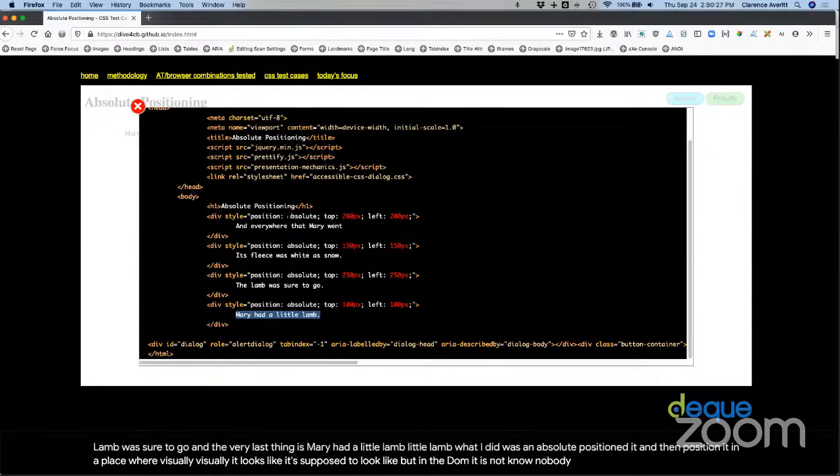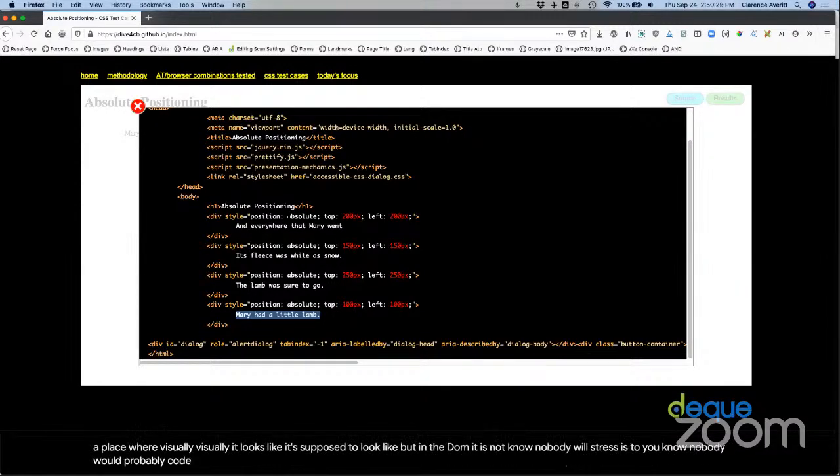Now, I will stress to you, nobody would probably code this way. However, we see variations of things like this. You'll see some of that here in a moment. But for the most part, you wouldn't code just like this. I did this just to be able to test as an example. So the question here is,